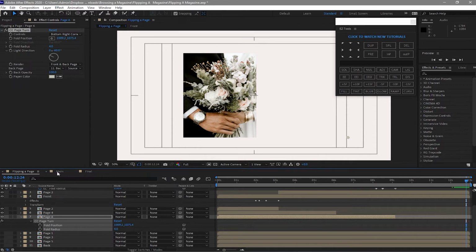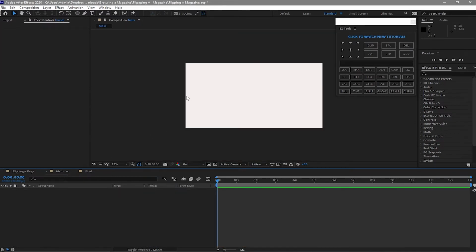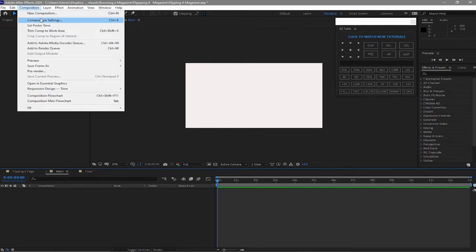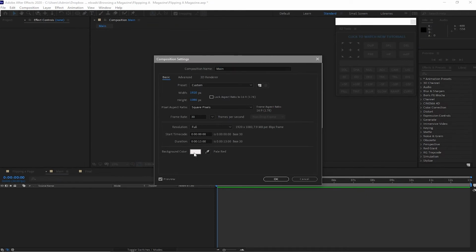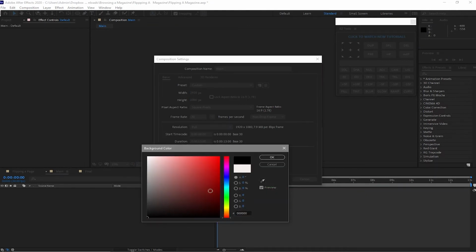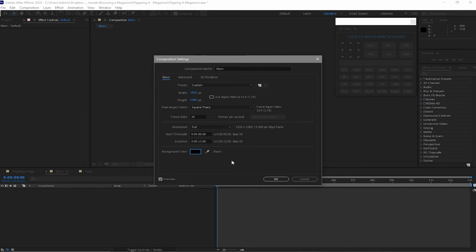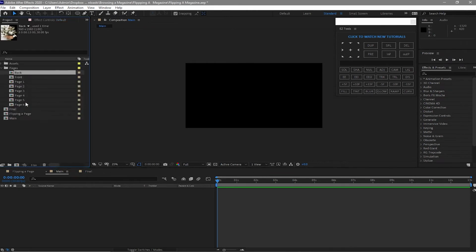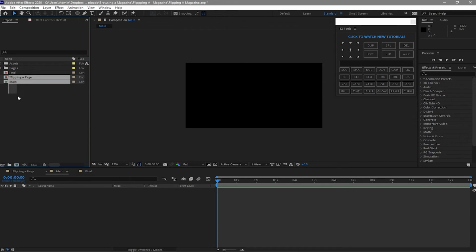We will open the main, and I will change this one to black. The composition color should be black. Click OK, and I will drag down the flipping page.